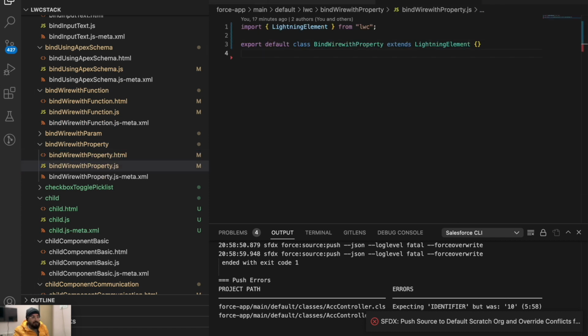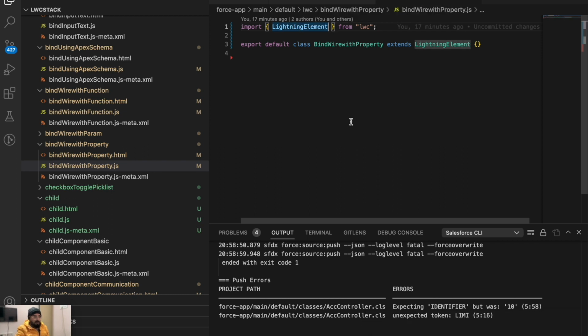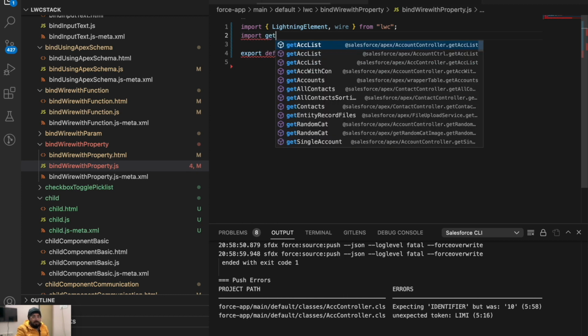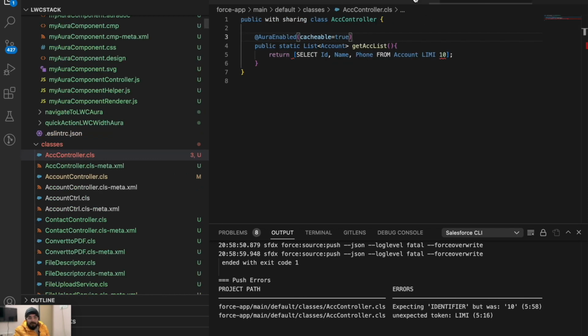Okay, so we'll start with JavaScript. So here in JavaScript, to use the wire service, first you have to add the wire keyword here. So here I will just add a comma and add wire. Okay, now we will import the function which we have created right now in our Apex class. So for that you can simply do import getACCList. What was the function name? It was get ACC list or account. So it is getACCList. Okay,